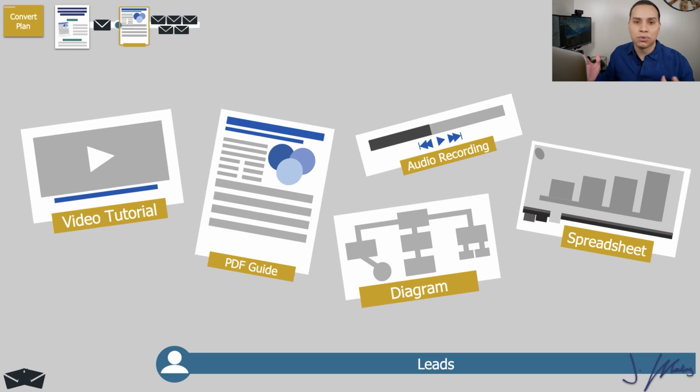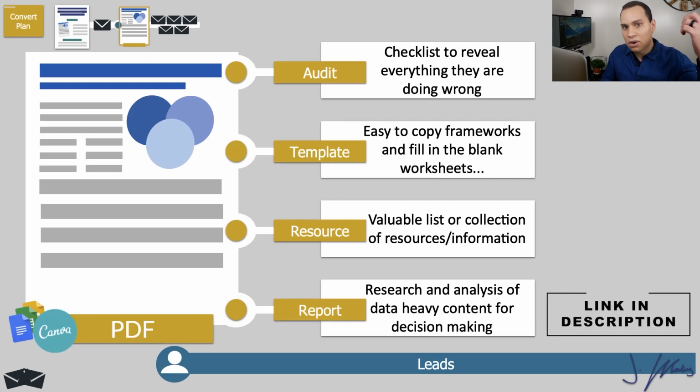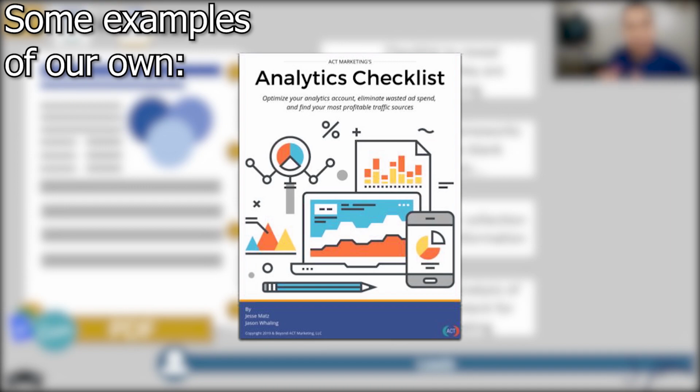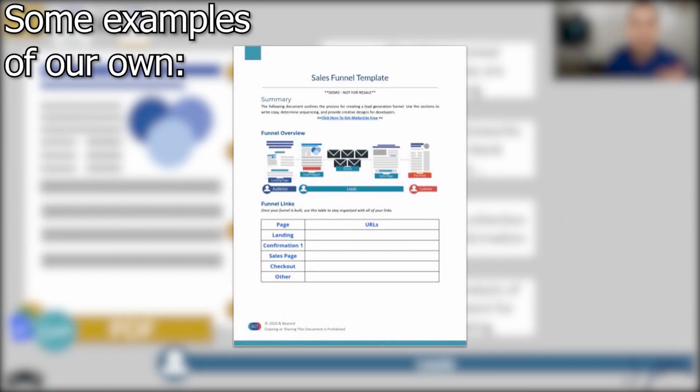So let's rapid fire go through some ideas. I'll also link up in the cards and the description to a full-blown video that takes a deep dive into all the different types of lead magnets. I recommend starting with a PDF. So you can do an audit, a template, a resource guide, or a report. The advantage of using an audit or template is you're helping someone go through a process and figure either with the audit, figure out everything that they're doing wrong so they can see the value of your product or service, or with a template, you're just giving them a quick win.